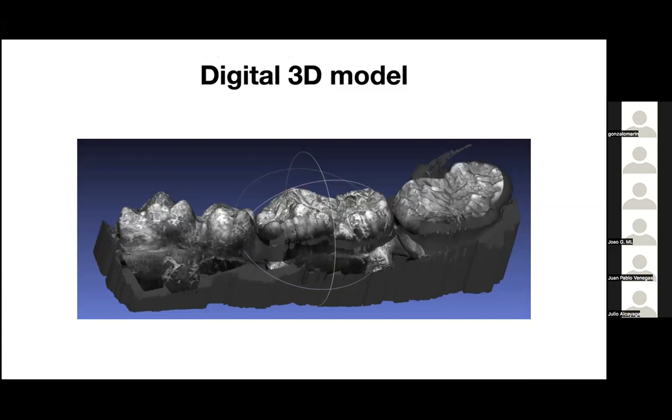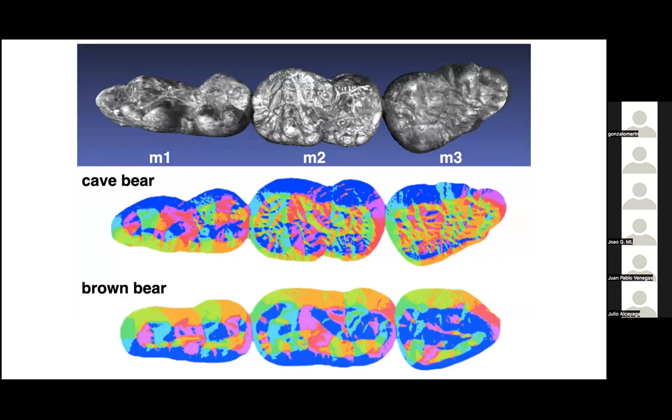So this is a digital 3D model of the molar teeth, the lower cheek teeth in the cave bear. On the left, you have the first molar, then you have the second molar in the middle, and the third molar at the end, and then you still have some remnants of the jawbone around that. And I have been thinking about the development of these structures, how complexity is generated along the tooth row, because the development of this structure has consequences. The first molar starts, and then it's followed by the development of the second molar, and then followed by the development of the third molar.